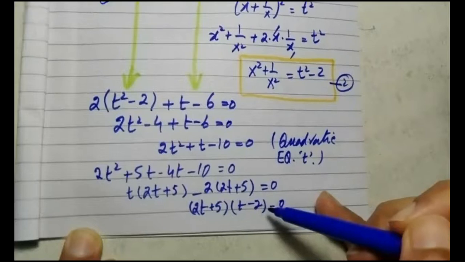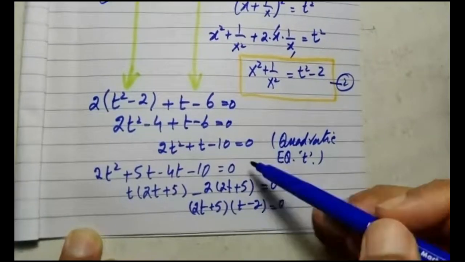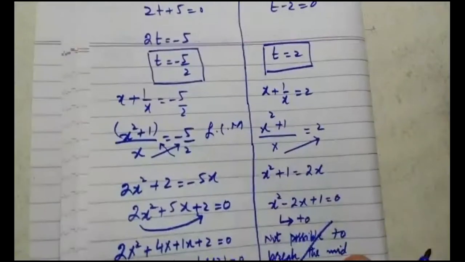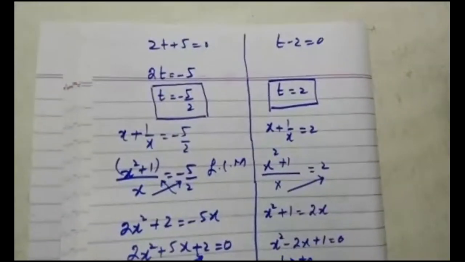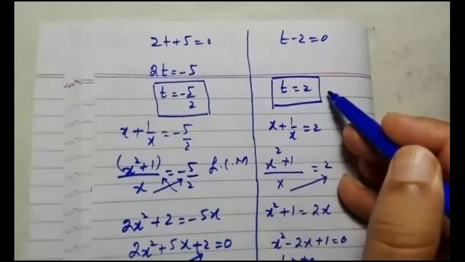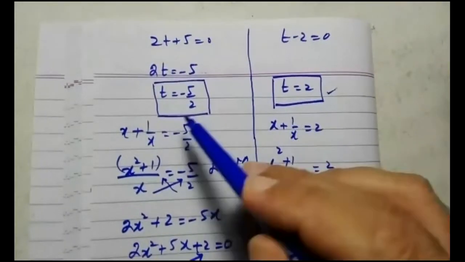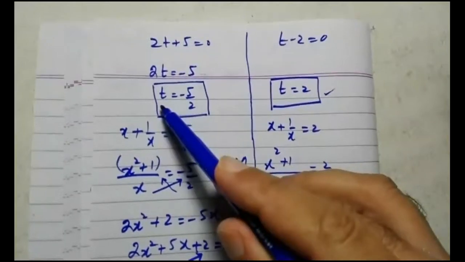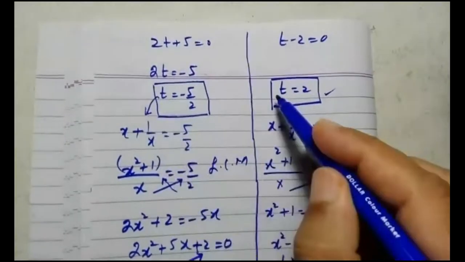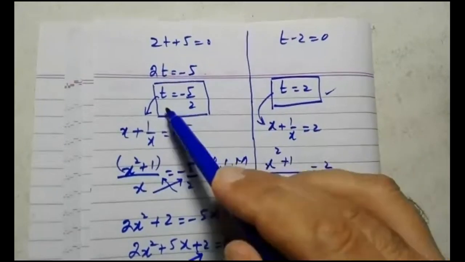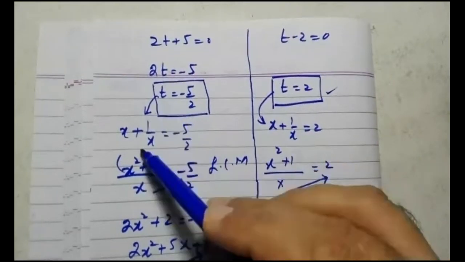So quadratic equation is formed and then two factors are formed. Then in the very next page, we have separately solved values of t. Like first t is equals to minus 5 by 2, and other side t is equals to 2. So we have assumed in this question that x plus 1 over x equals to t. So substitute the value of t because this was assumed in the beginning of the question. So we have converted this t value back in terms of x because question is in terms of x.